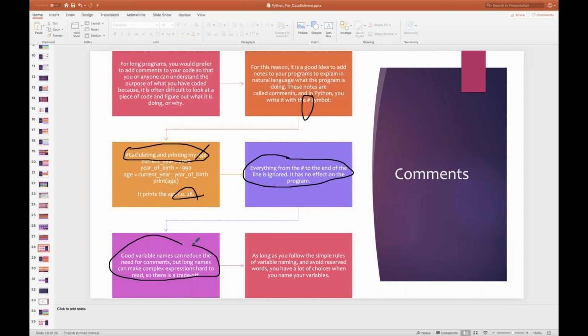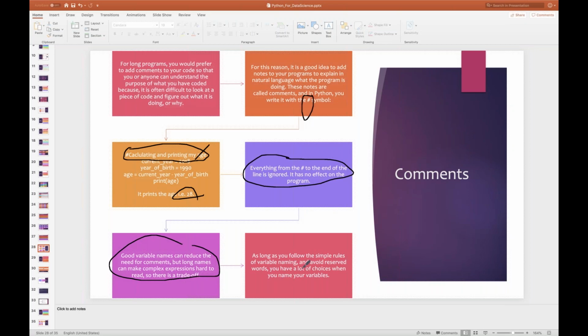What would you do in this kind of situation? As long as you follow the simple rules of variable naming and avoid the reserved words, you have a lot of choices when you name your variables.